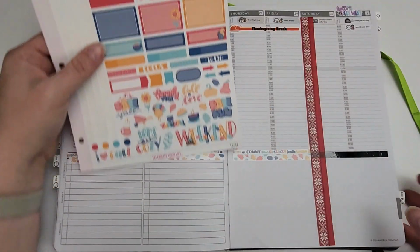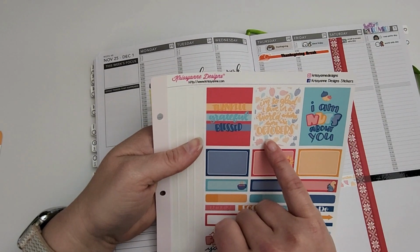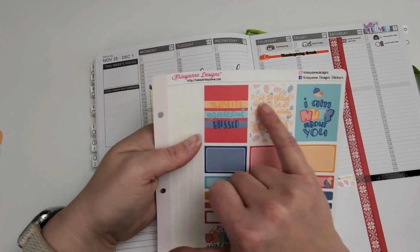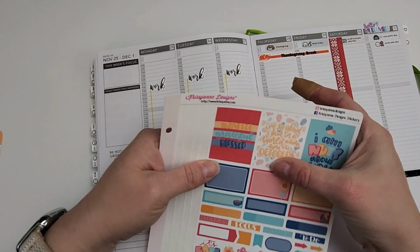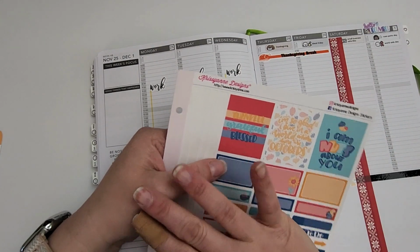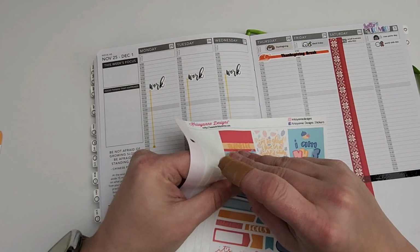We've got some boxes and blank boxes. This says, I'm so glad I live in a world where there are Octobers. I probably won't be using this one because it's November. So I'm going to put this on a different page in my notebook to use another time. Thankful, grateful, blessed. I think I'm going to cut this one in half